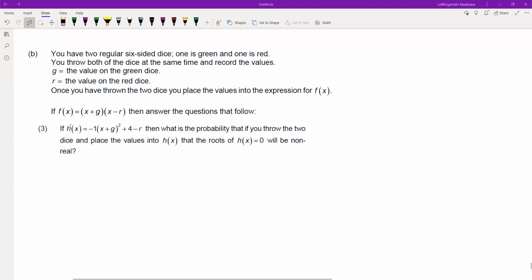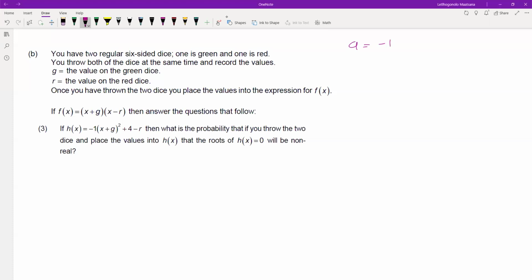Question 3 says, if h of x is equal to minus 1 times (x plus g) squared plus 4 minus r, then what is the probability that if you throw the two dice and place the values into h of x, that the roots of h of x will be non-real? Okay, so the shape of our graph, we can see that a